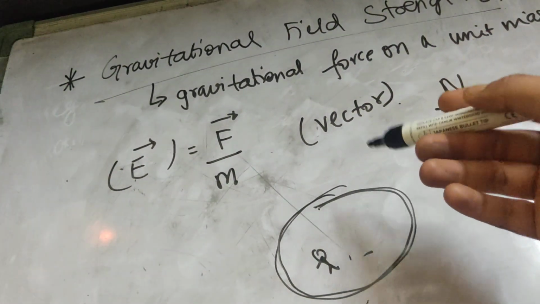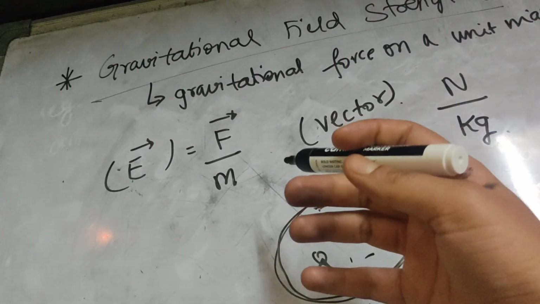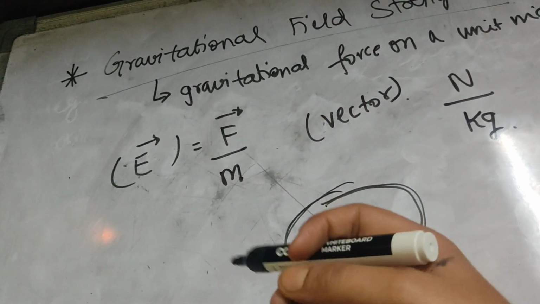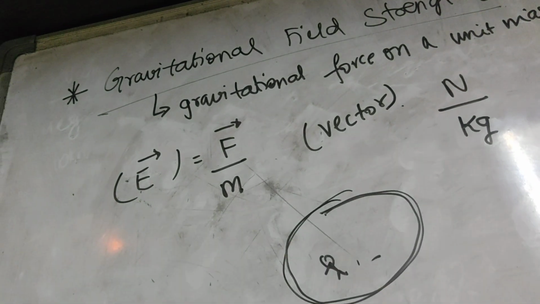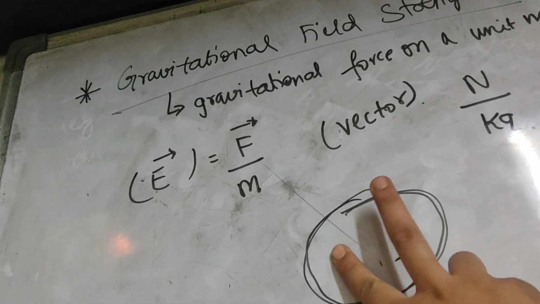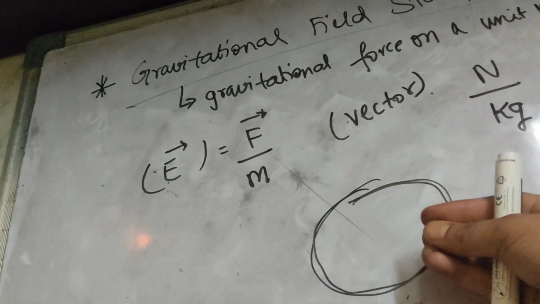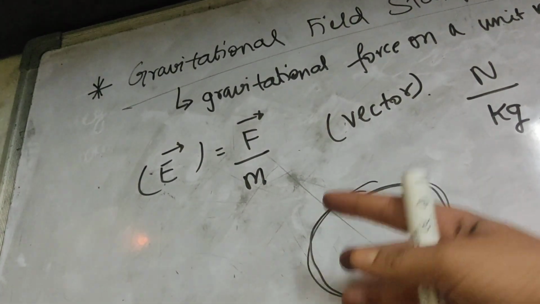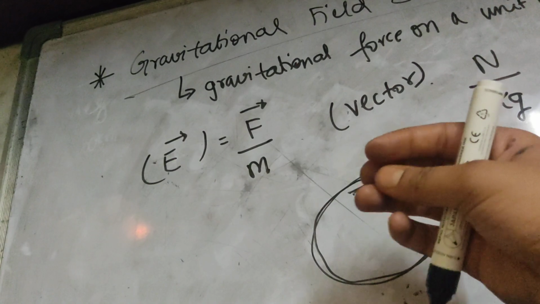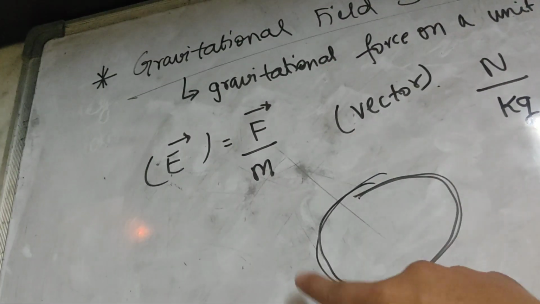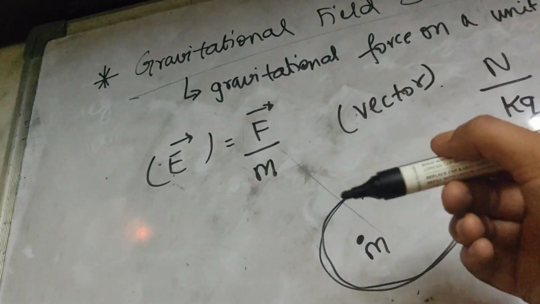And always the gravitational attractive forces are present between two masses. So when you consider the gravitational field, it is the region where gravity is acting. Gravitational field means that in that particular field, gravity is acting. There are some attractive forces between the masses. That's it. So in this field, when I am putting a small unit mass m,